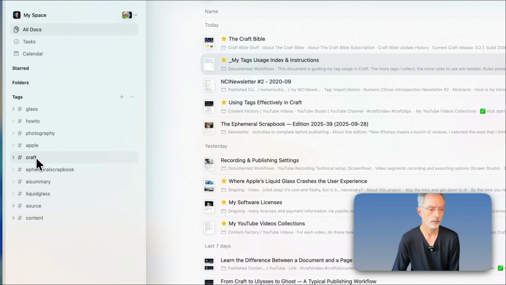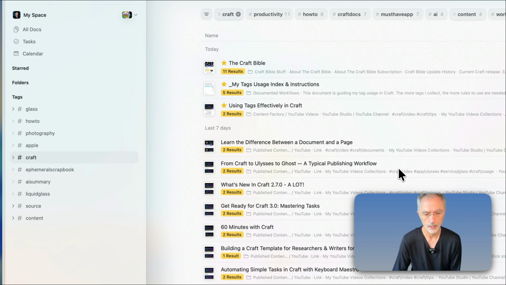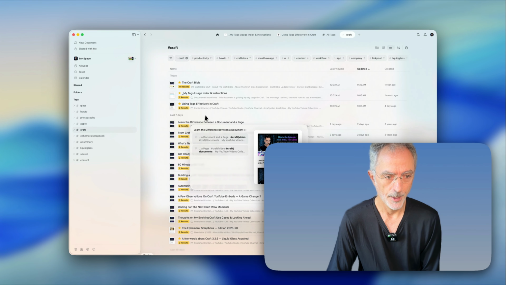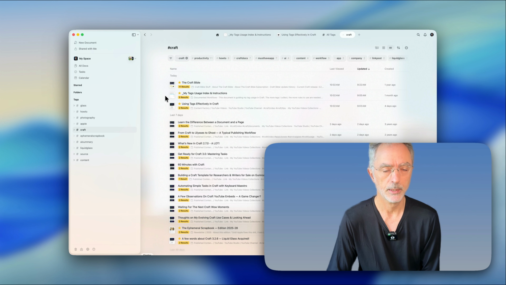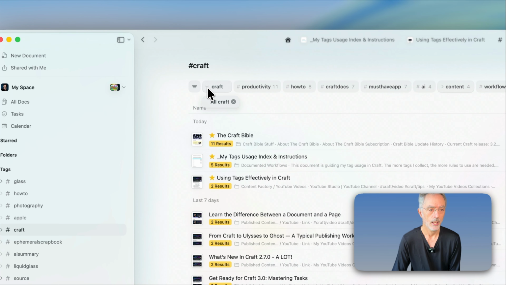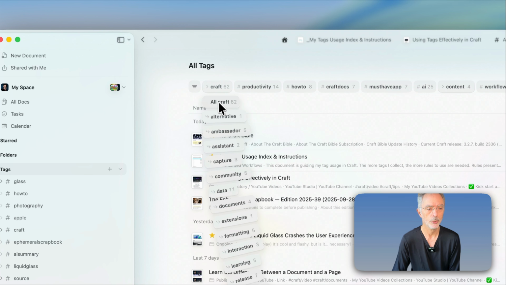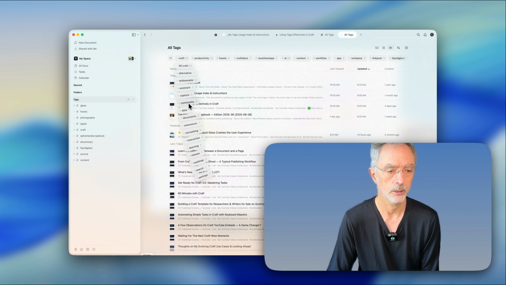Now, if I click on Craft here, you will see that all the documents that are tagged with the main tag, which is Craft. If I want to see something more specific underneath the main tag, then I can expand this little triangle there, and you will see that this is the all Craft, but I want to expand on that. There's 62 documents with this main tag,